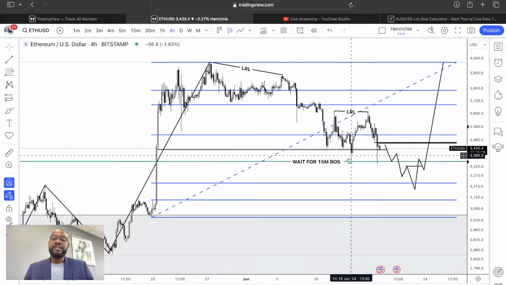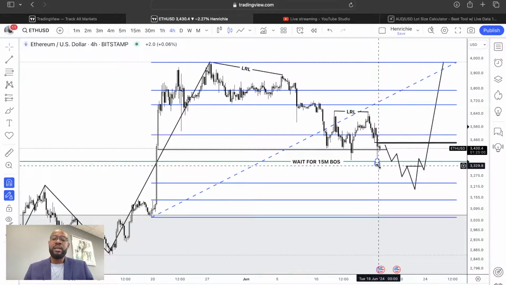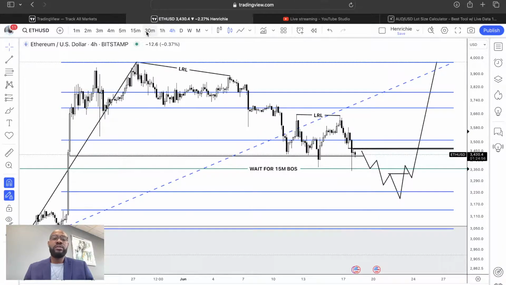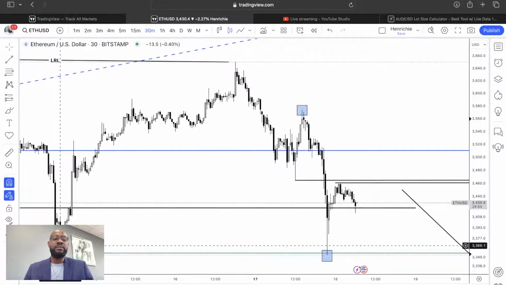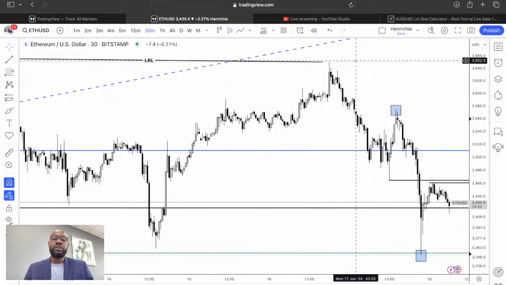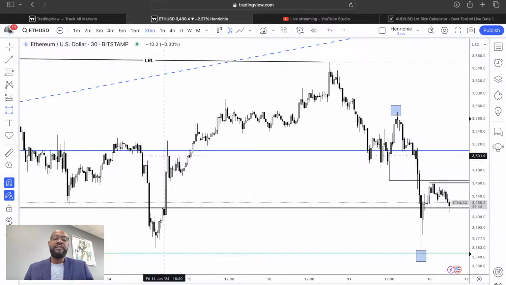Liquidity inducement, the algorithm induces a lot of liquidity below this low, getting early buyers to be in the marketplace, and guess what happened? It wiped them all out. And look again, right here, anyone who was looking for a buy after we created this low, you can see we created a high, a low, we broke structure. This right here would have been my point of interest for a buy if I was to look for a buy from this key level.